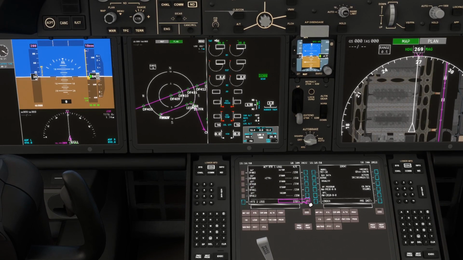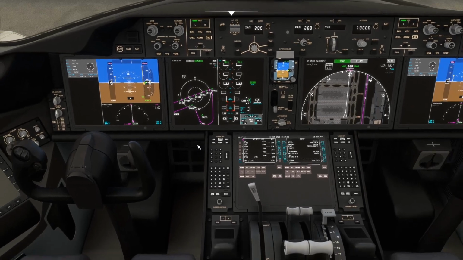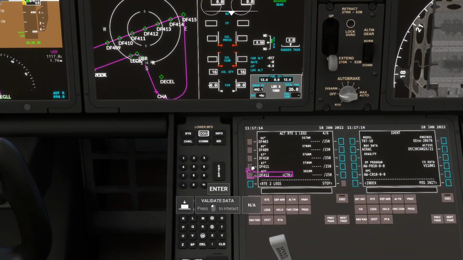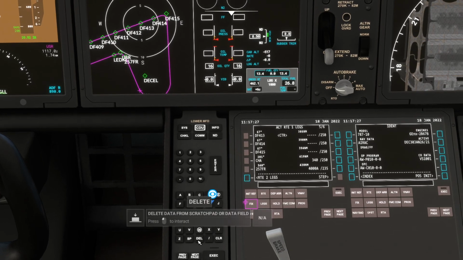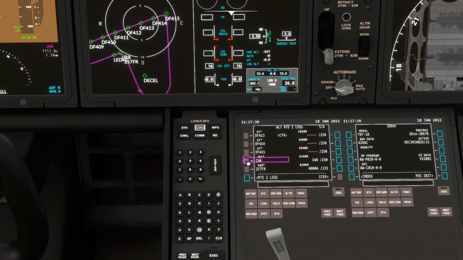step. What is this? You can ignore this. This is actually the transition that we selected. It will just go like this and it will come over here. If you're okay with the flight plan, you're okay. Otherwise, you can always delete CHA. No need to. You can simply come from D415. If I press next, CHA, and after the CHA, it will go to 257 FR. If I select delete, and if I delete CHA,